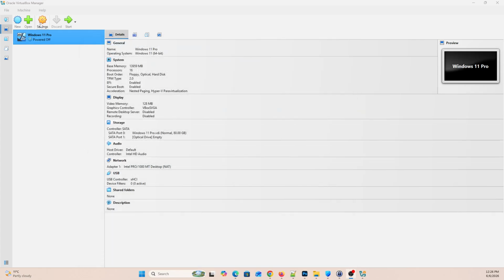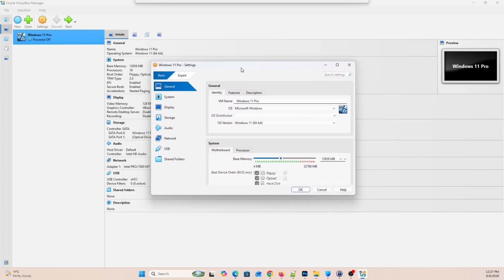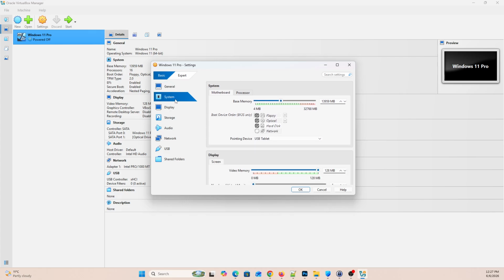Now there are settings over here. If you click on settings, there is basic and expert mode. This will allow you to customize your VirtualBox machine. Here we've got general, where you can set the VM name. You can set the system. It checks the system motherboard and processor, what you have, and what you can assign to VirtualBox. You've got